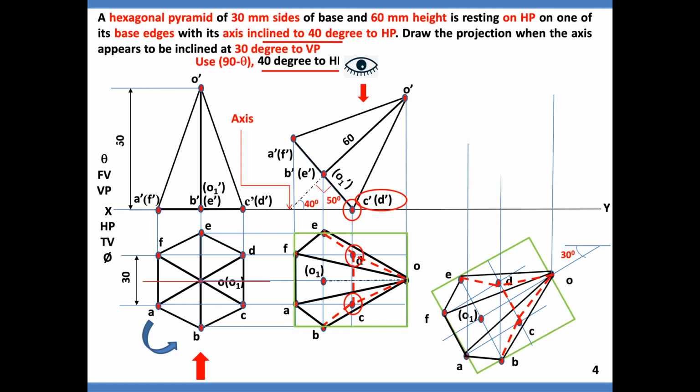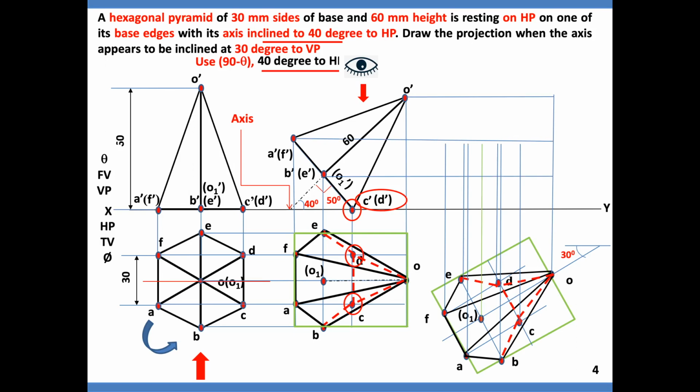Draw the vertical projectors. Completed? Yes. Draw the horizontal projectors. Okay. Third, identify the points. As I told, 6 plus 2 will identify. How to identify? Go to the respective letter. First one is A. From A, vertical projector, A horizontal. Like this, adopt the procedure and find out the 6 points.